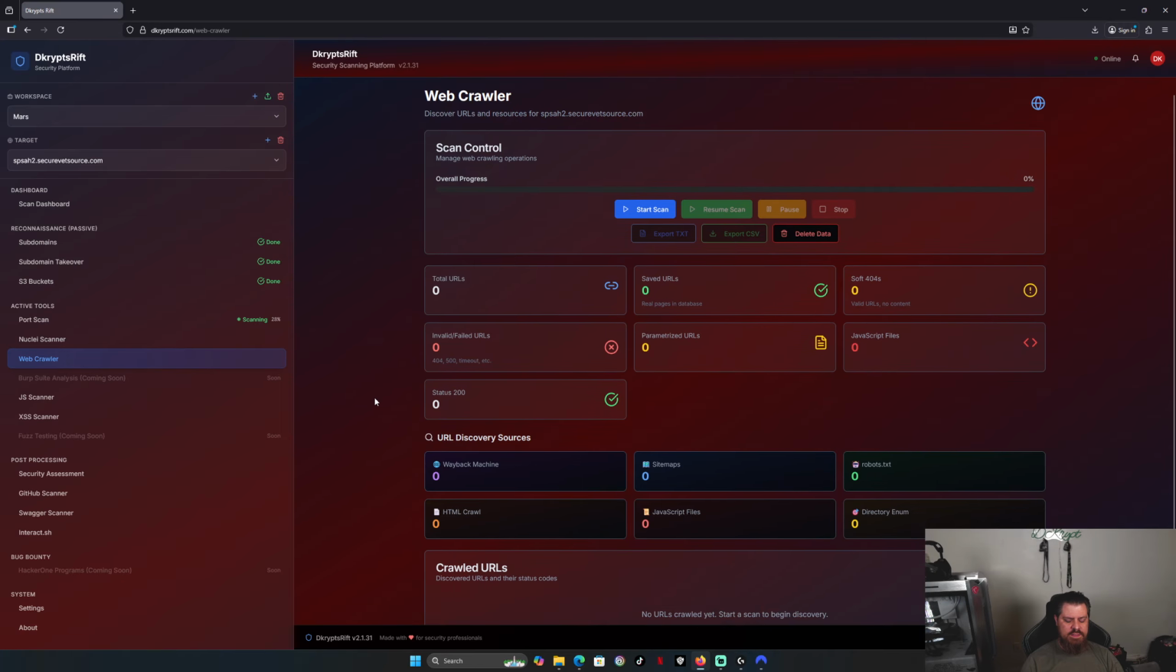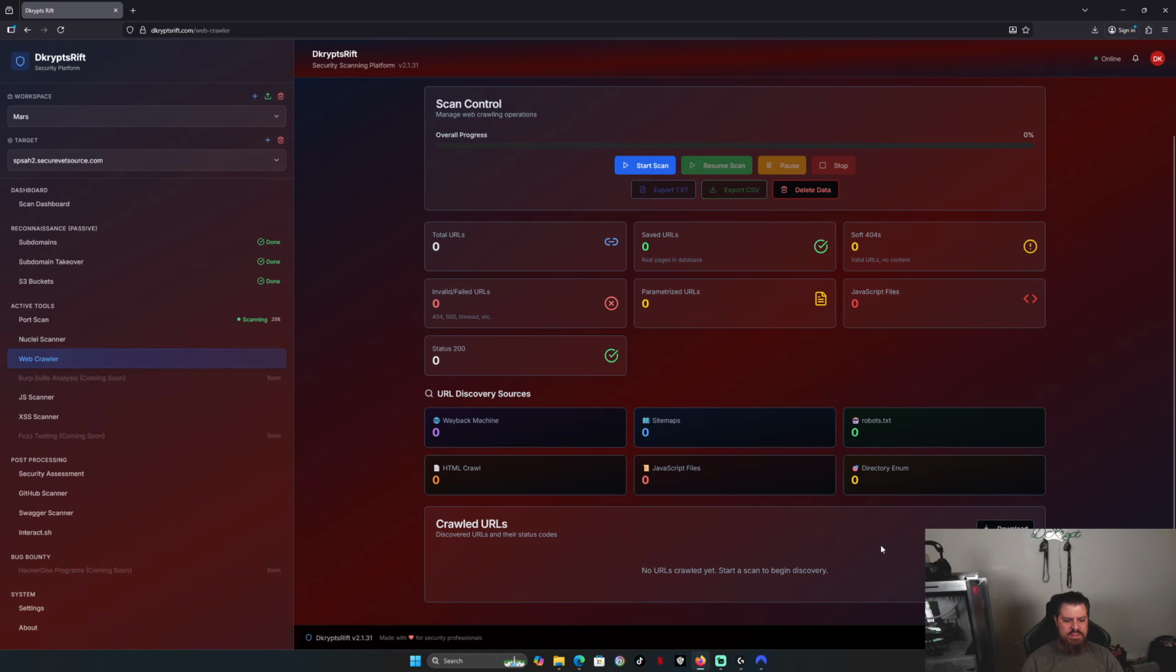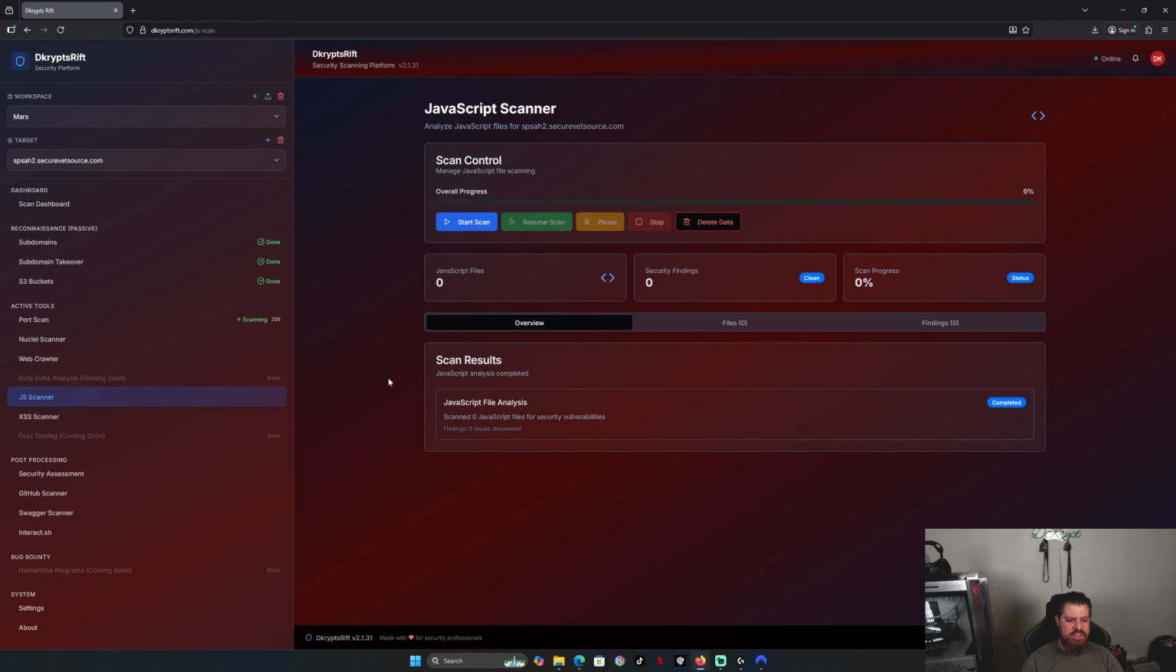So this will display all the crawled URLs, right? You can just download them all here or scroll through them. And then the JavaScript scanner, that's going to be the same kind of setup as the